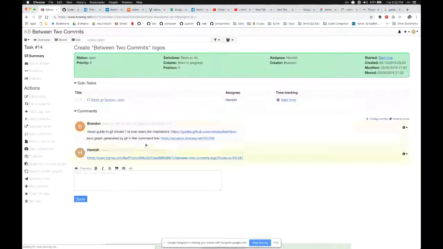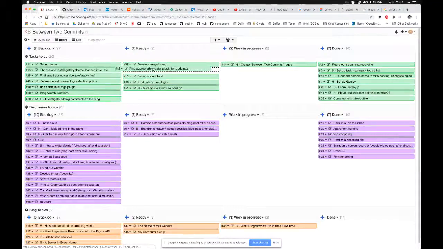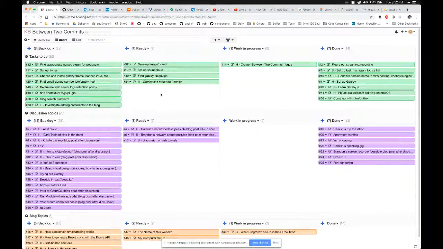So we'll do that. And you can move the plugin for podcasts back into the backlog. The RSS, the one in the work in progress podcast. Yeah, this one I think